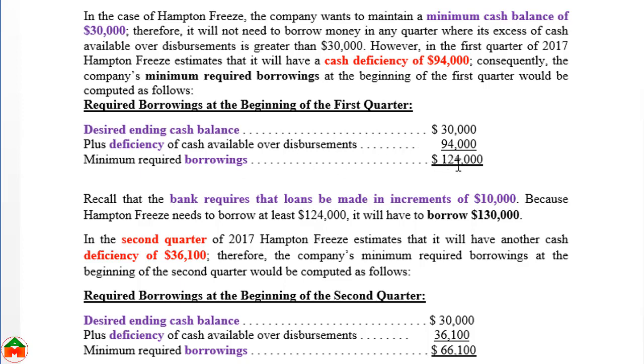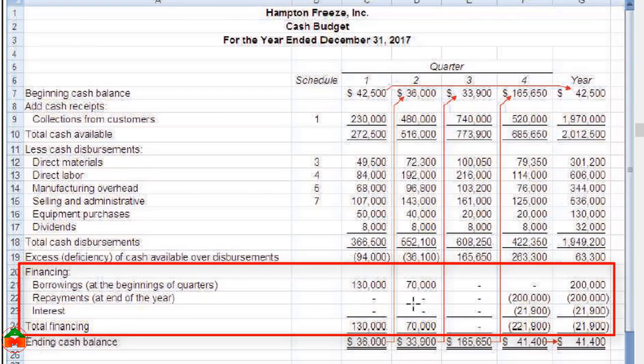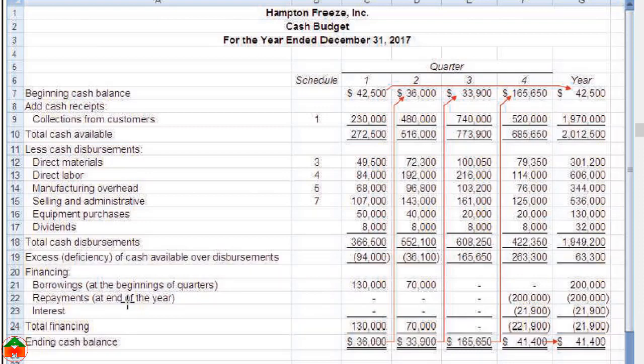124,000, but the bank does not provide any fraction, they provide in increments of 10,000. That means instead of 124,000 the company needs to borrow 130,000. This is the increment of 10,000. They don't provide any fraction here. In 124,000, this 4,000 is a fraction, and that's why according to the loan agreement the company needs to borrow up to 130,000. In the financing section we need to borrow 130,000,